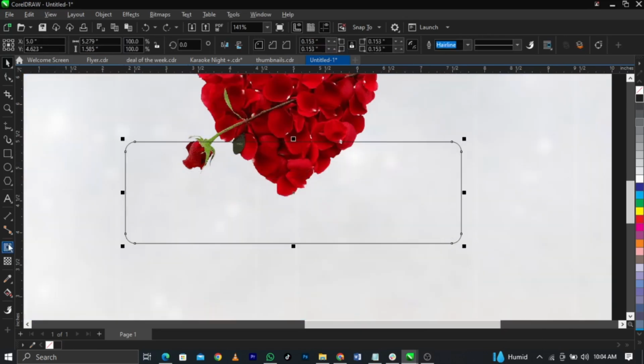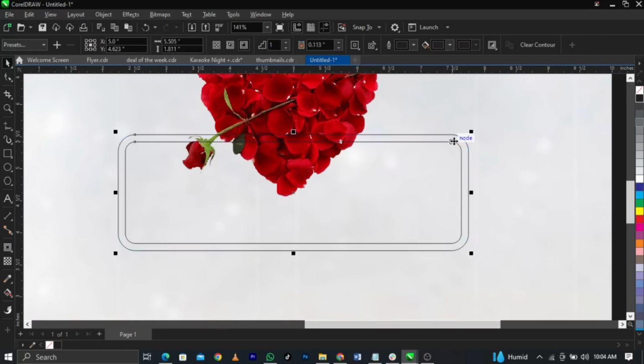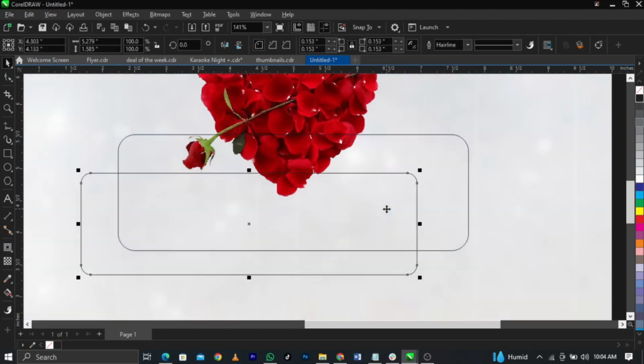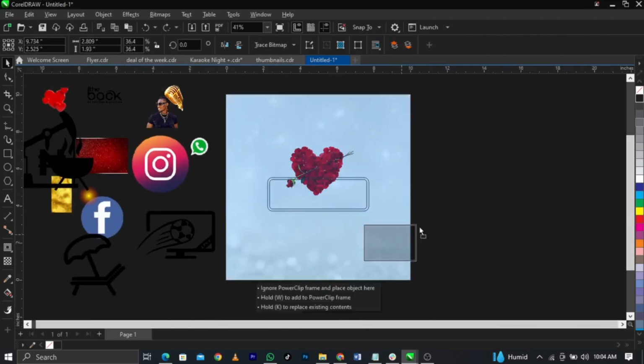First of all, let's select our contour tool and draw this way. All right, so once we do that, right click and select break contour apart. The shortcut is Ctrl+K. All right, so this is what you're going to have. So the next thing you're going to do is bring in this background,